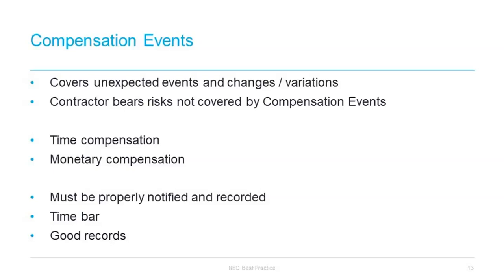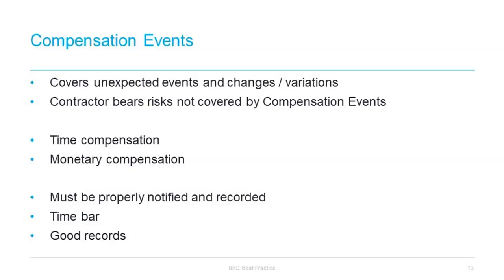In terms of the mechanics of applying for compensation events, first of all, the contractor starts with the notification. Notification for a compensation event, as I've said, is entirely separate from an early warning notice. A specific and separate compensation event notification is necessary, and that is a precondition for recovery of time or money compensation. If it arises from the employer giving an instruction or changing a decision, the employer really should notify the contractor of the compensation event at the time of giving that instruction or instructing the contractor to submit quotations, unless the compensation event is the fault of the contractor or if quotes have already been provided.